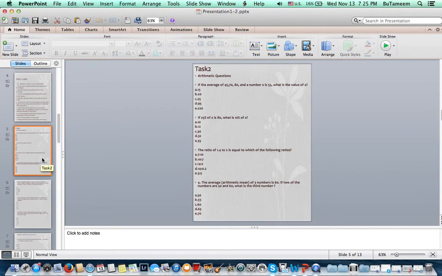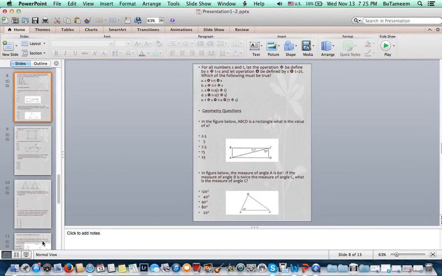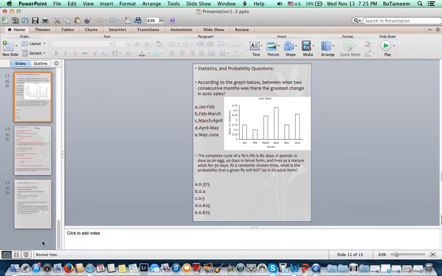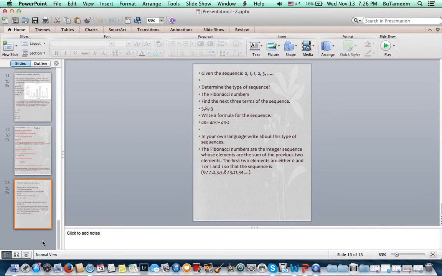Task 2 is all about questions about SAT, from the arithmetic questions to algebra functions questions and geometry questions, in addition to statistics and probability questions. Task 3 talks about the sequences. There are 3 sequences that we know. The first one is the arithmetic sequence, the second one is the geometric sequence, and the last one, which is the